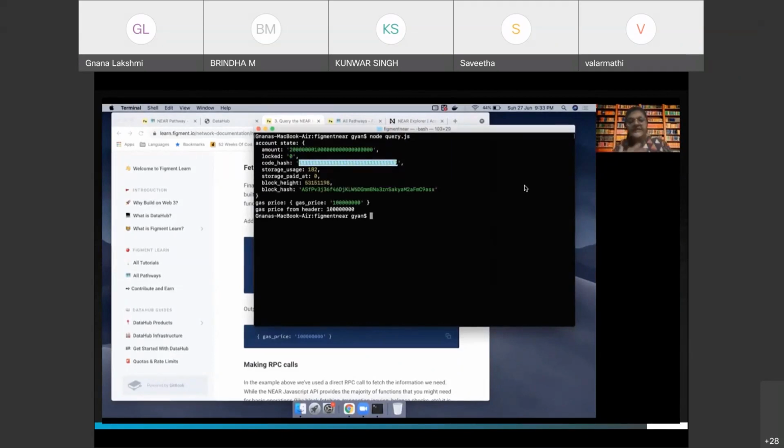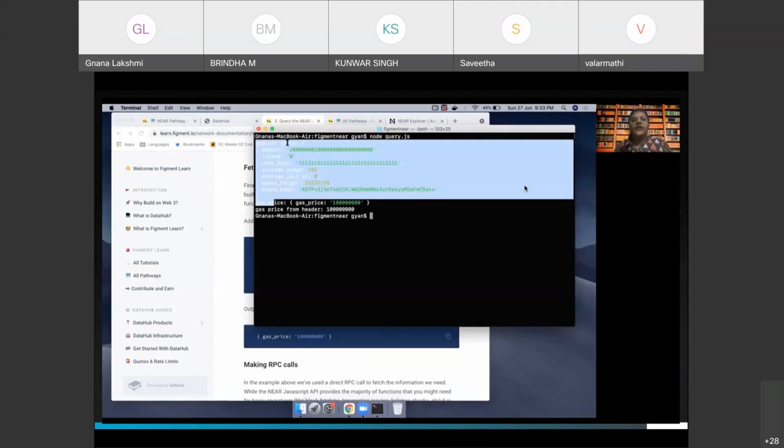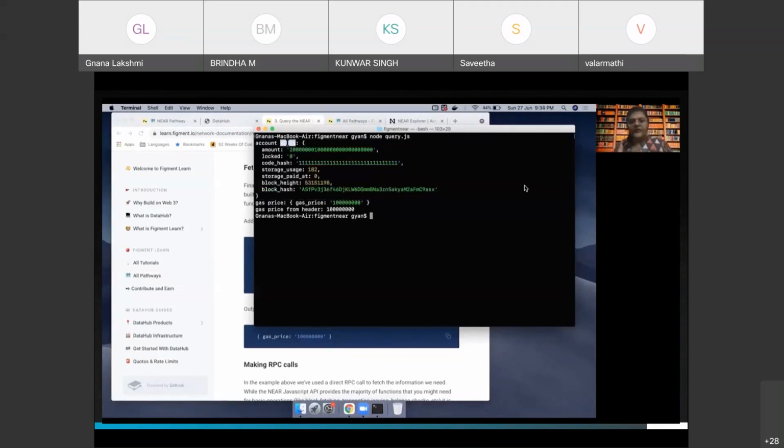If any smart contract is deployed on our account, this code hash would represent the smart contract, right? Storage usage, how much have we used? Some default storage, 182 bytes as we saw on the Explorer, the block height at which our account was generated, and the block hash, right? So these are some of the details about the account. And this is the state of our account.